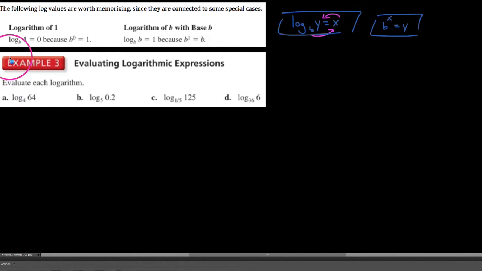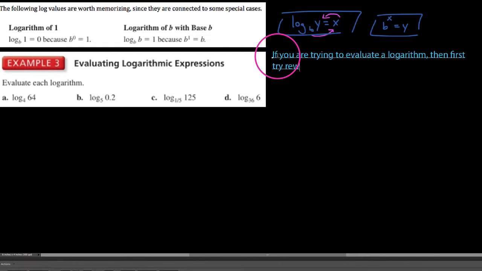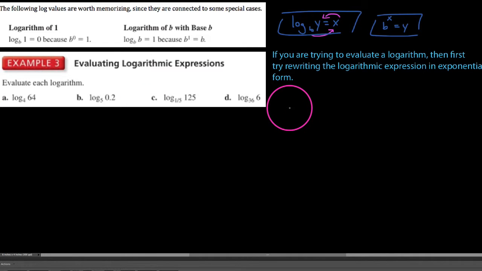So here's my number one suggestion if you're going to be evaluating logarithms. If you are trying to evaluate a logarithm, then first try rewriting the logarithmic expression in exponential form. Here's what I want to show you. Essentially, because a logarithm is just another way of writing an exponent, and the exponent's what we're trying to find here,